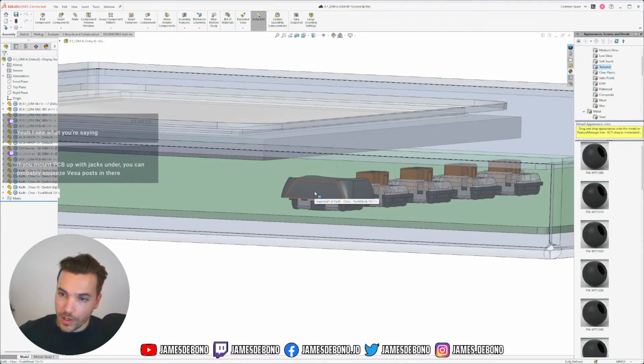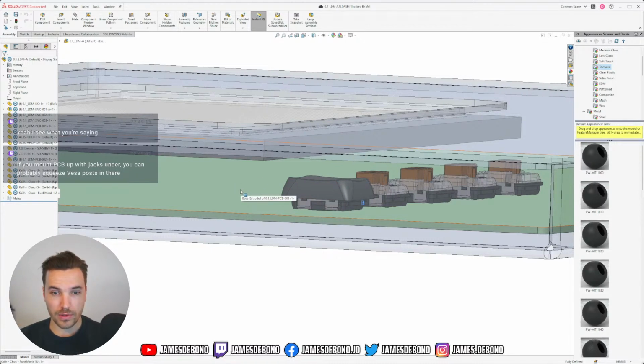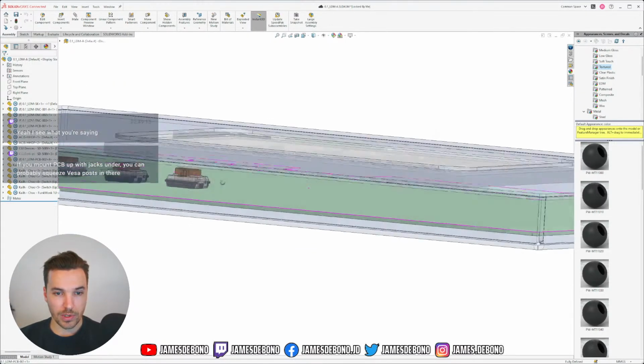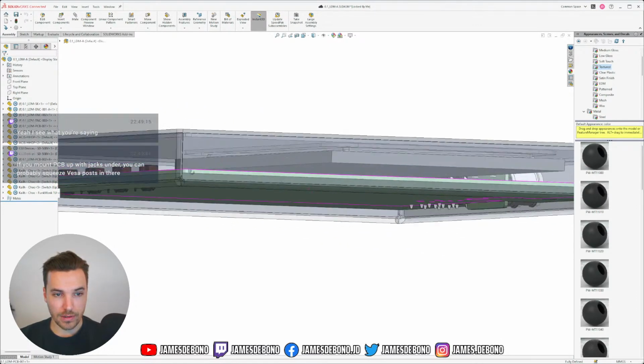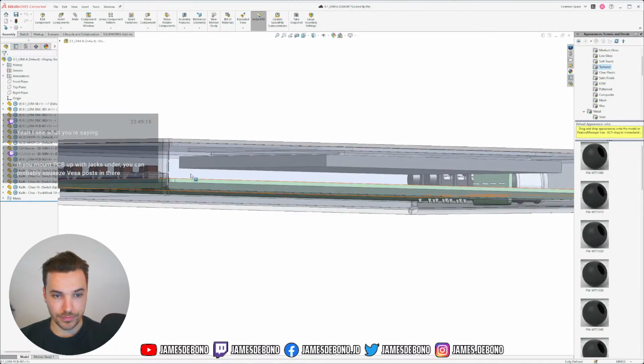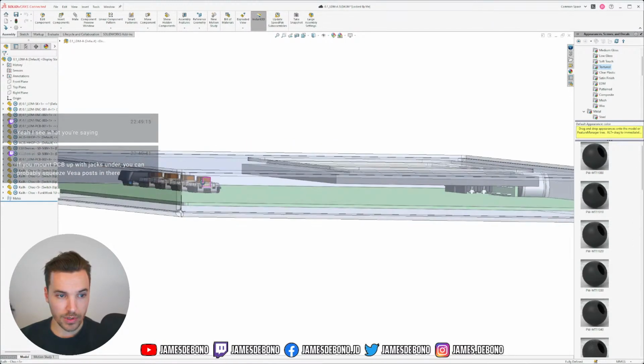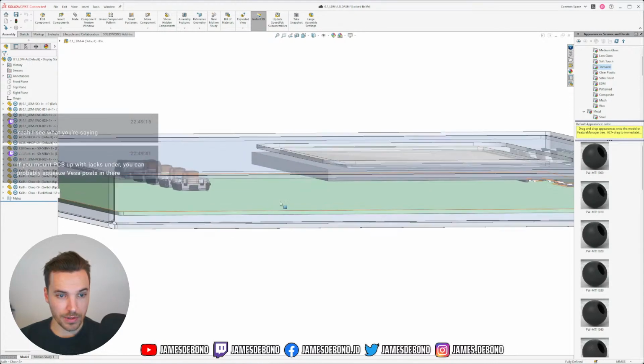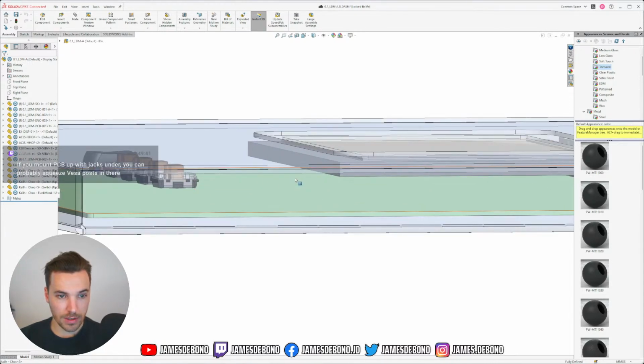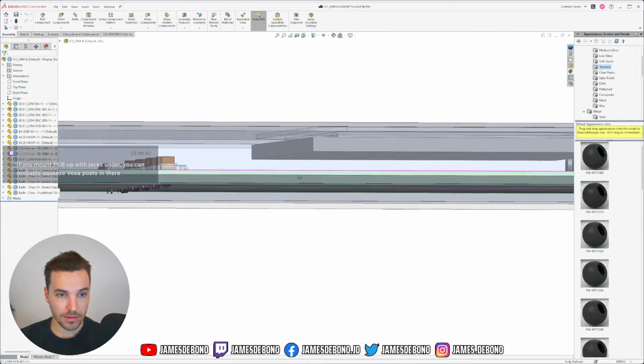If you mount the PCB up with the jacks under, you can probably squeeze VESA posts in there. Yeah, I think I can still figure out the VESA posts anyway. Like I can put holes through the PCB for the VESA posts. I'm more worried about fitting the display underneath, because I don't know how thick the display is going to be. And also when I put knobs in here, like encoders, the encoder body is quite thick. So